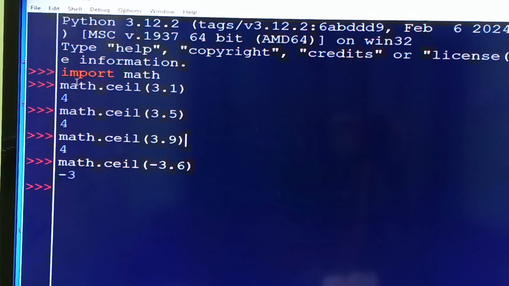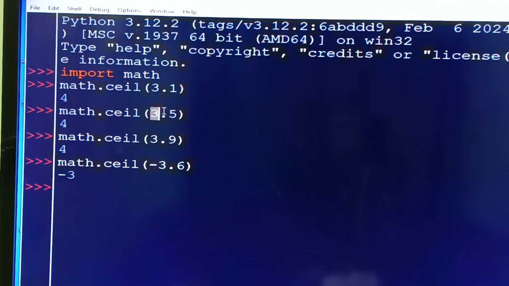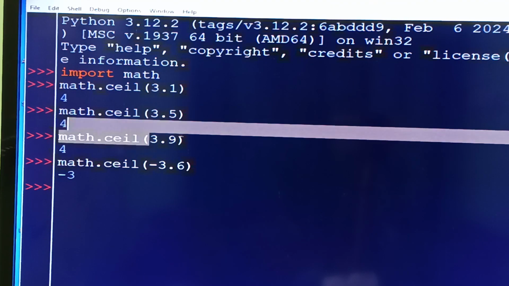Before starting, you see what I have written: import math, the math library class. I have written this at the top in Python mode. After that I am using math dot ceil with 3.1. What value did I explain? It will be 4. The answer is 4. Math dot ceil 3.5 also comes 4, and 3.9 also comes as 4. So 4 is coming whatever the fraction is: 3.1, 3.2, 3.4, 3.5, 3.6, 3.7, 3.8, 3.9, or